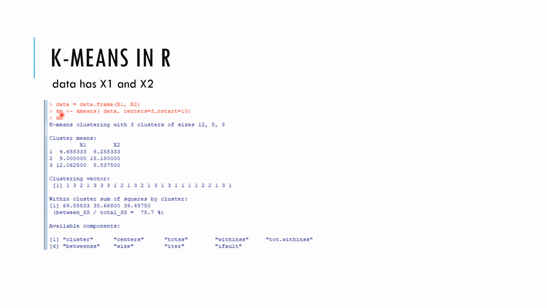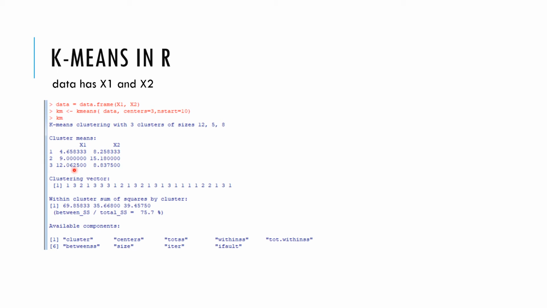And there is a function called k-means. So in R, it asks for different arguments. First is data, then centers. So k is 3 here, and nstart means how many times it will restart. After building the model, if you display the k, what it gives is these